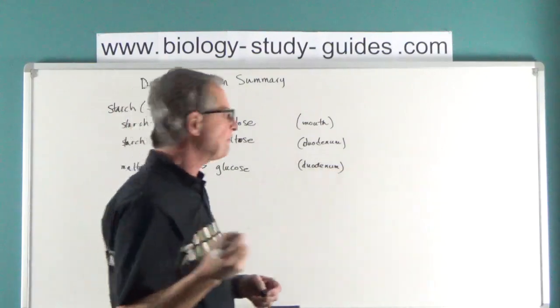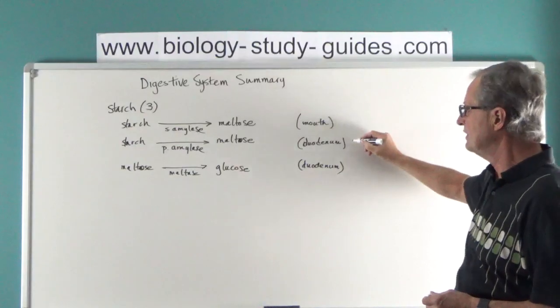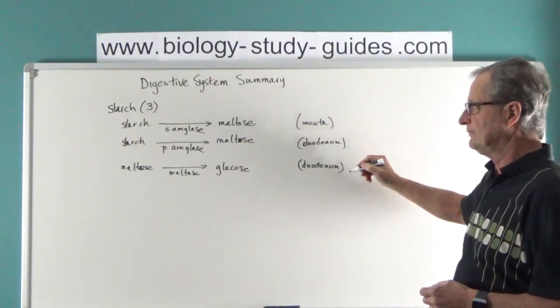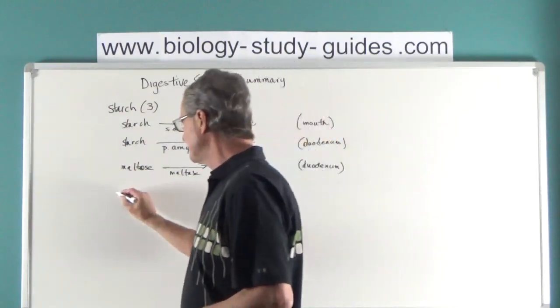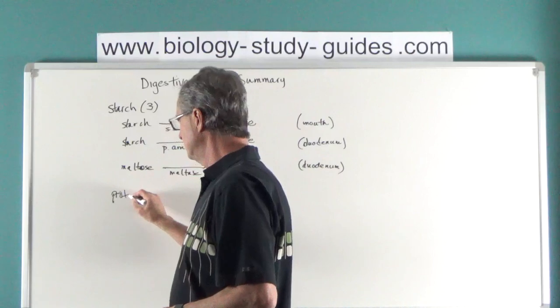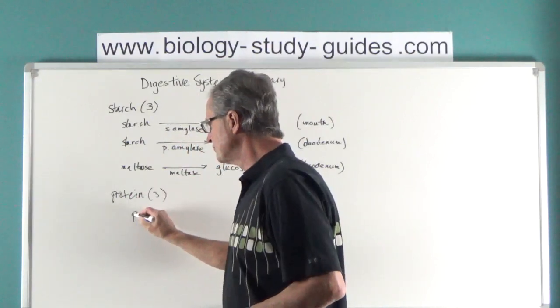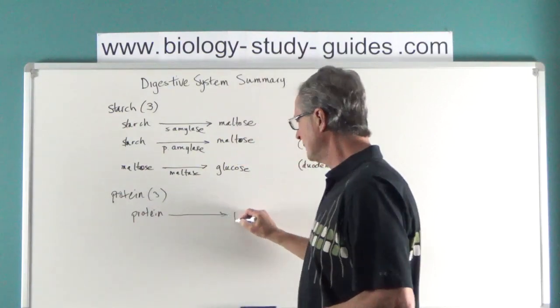We could add the other little bits here. pH consideration here is about 7. pH for these 2 is around 8.3. The digestion of protein also occurs in 3 steps. What we have starting in the stomach, protein, is broken into polypeptides